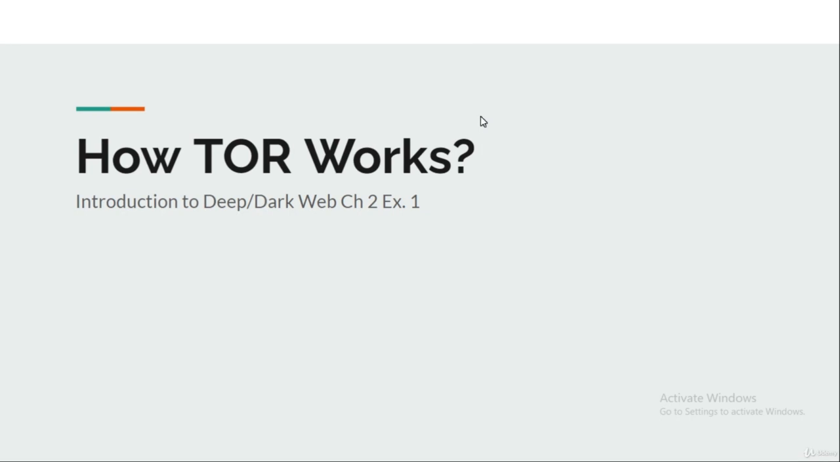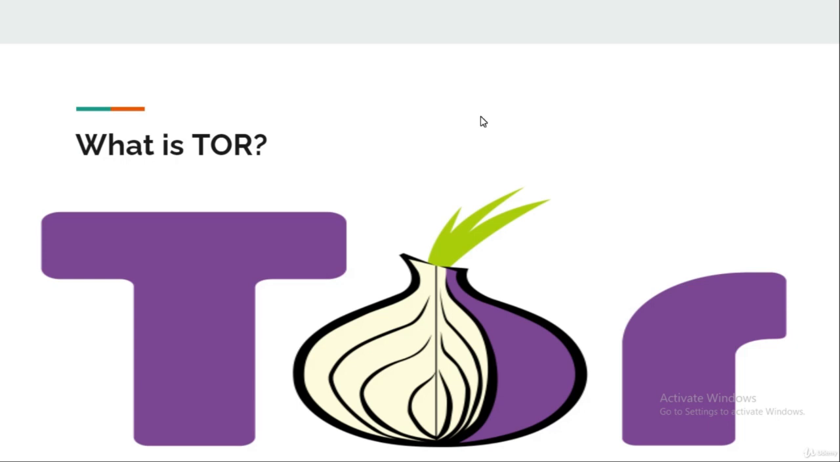Welcome back guys. So in this lecture, we are going to learn about the Tor browser. What is Tor? As we know, Google is one of the web browsers used for accessing the surface web. Similarly, the Tor browser is used to access the dark web. Then why can't we use Google to access the dark web? Because the Tor browser anonymizes the web traffic using the Tor network, making it super safe and easy to protect